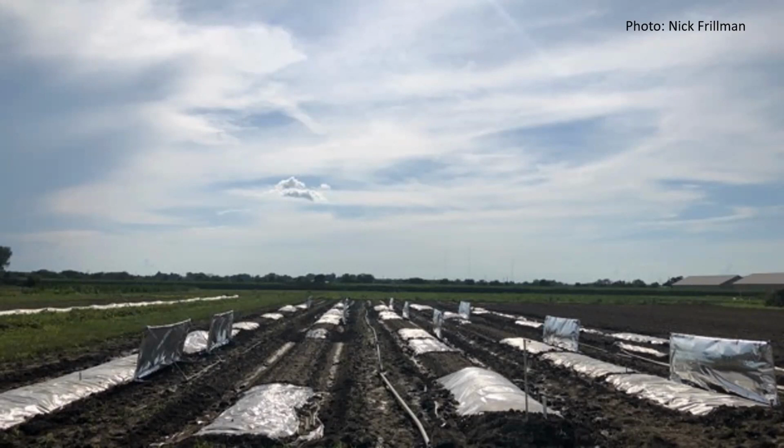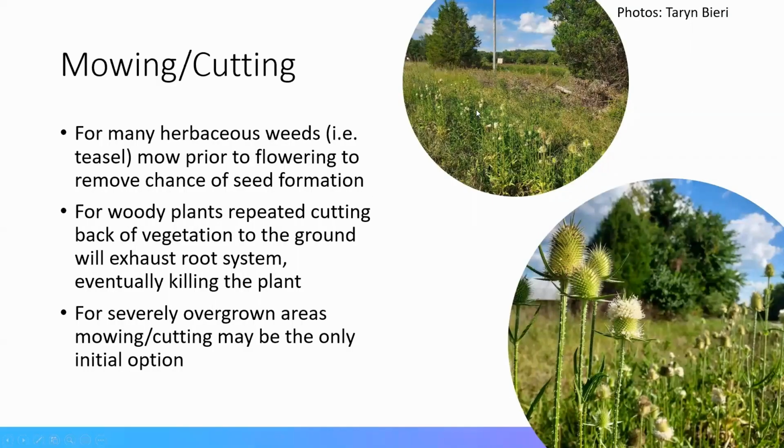So you can get a lot of heat buildup under that clear plastic. I think a lot of folks, maybe for northern and central Illinois, we could turn to a dark or a black plastic. And what that does is essentially just suffocates those plants. But again, this is really a small scale solution. This is really not going to be effective over a large scale area. And I argue we're using plastic, and if we can avoid introducing more plastic into our natural areas, that's probably a good thing.